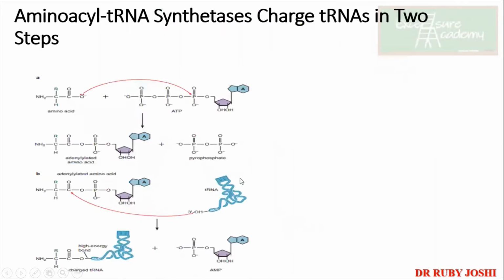Now, same slide, just to summarize. Aminoacyl-tRNA synthetases charge tRNAs in 2 steps. The first one is the adenylation of the amino acid. ATP is required. What you can see is COO-, the carboxyl group, attacking over here. Then there is a release of the pyrophosphate. Then pyrophosphatase gives you 2 inorganic Pi, and that energy is sufficient for this adenylated amino acid to get loaded onto the tRNA. Then this 3'-OH is attached over here and it gets attached to the amino acid by releasing